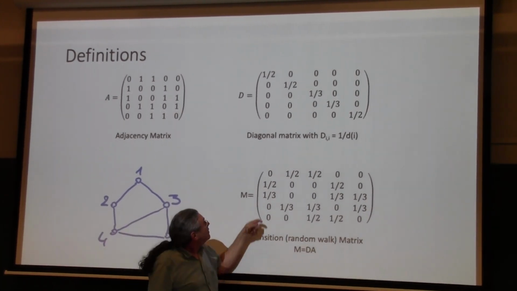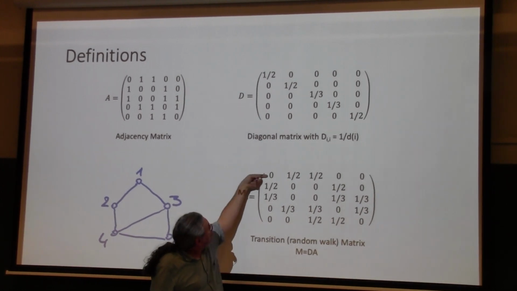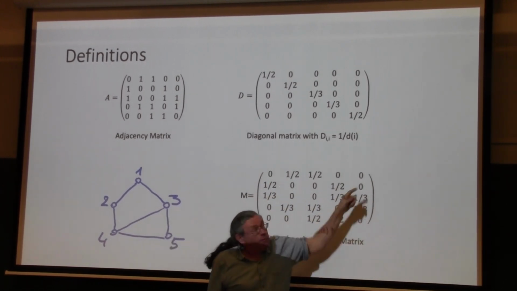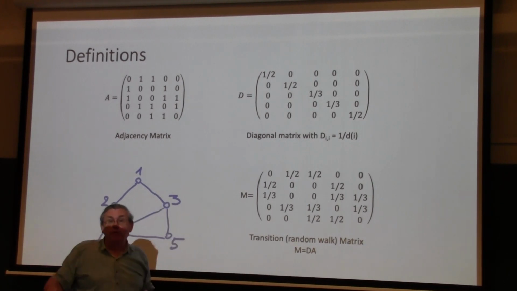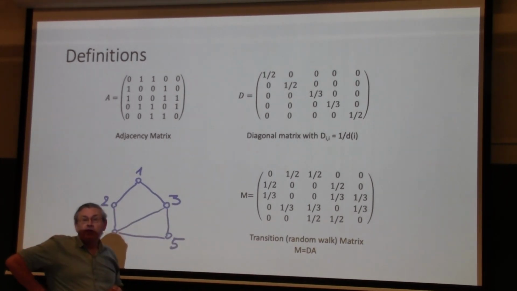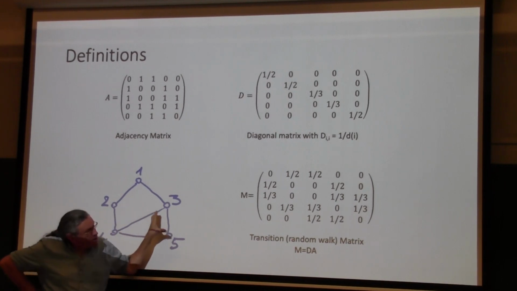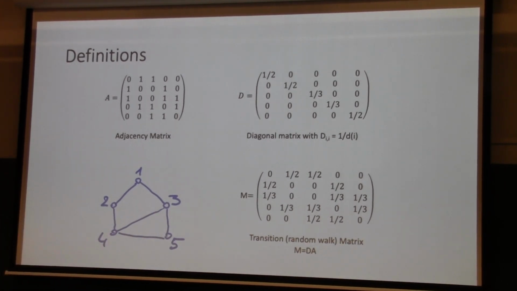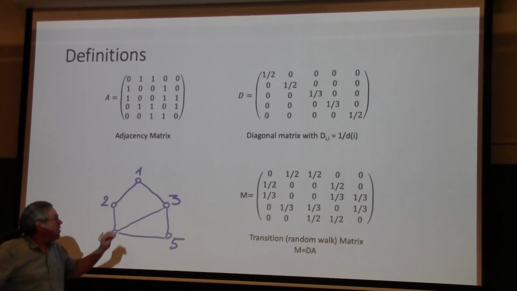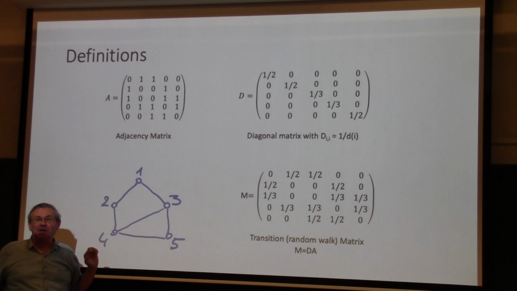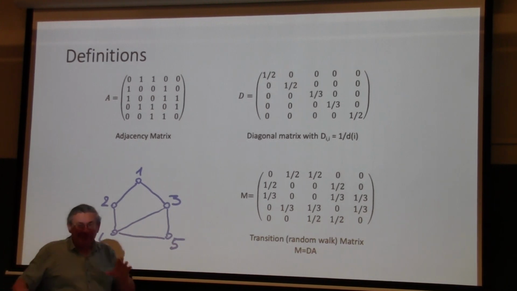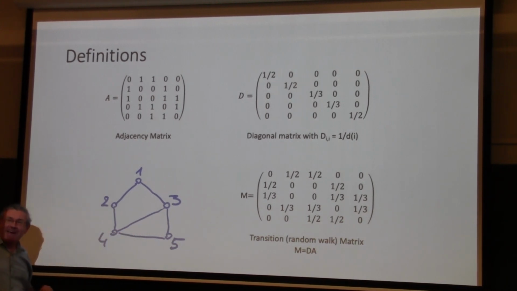You see that? So in each row, all the elements tell me the probability they go to the other one. Question? Yes. In PageRank, we have a directed graph, correct? Yes, we will get to that. Okay. So yes, I'm talking now undirected graph, but we will get to directed graph, and you'll see what happens when we get there. It's very interesting stuff, but you have to understand first this piece. Yeah. No problem. We get there, and you will see all the neat intuition that comes when the graph becomes